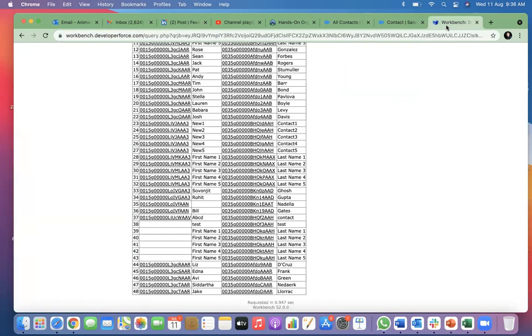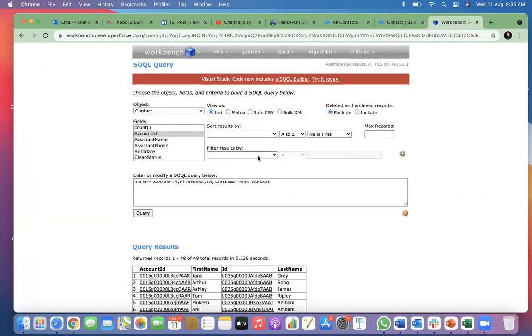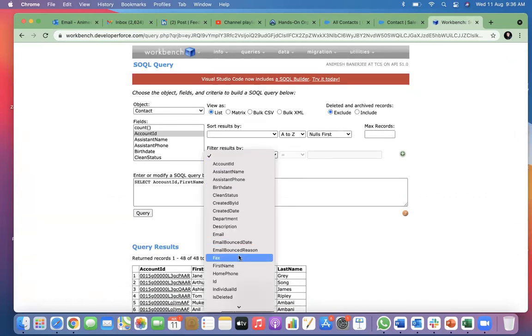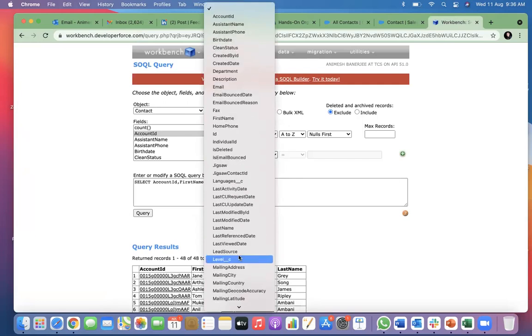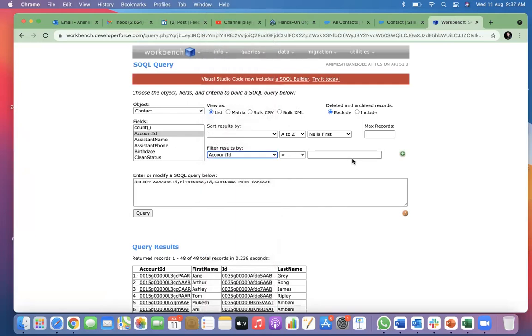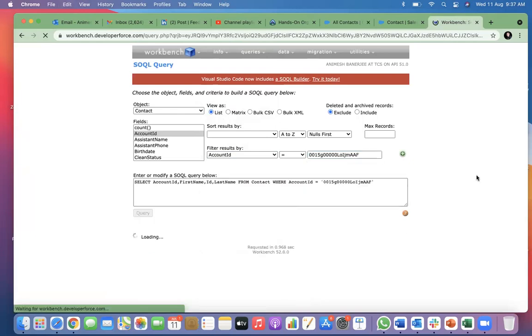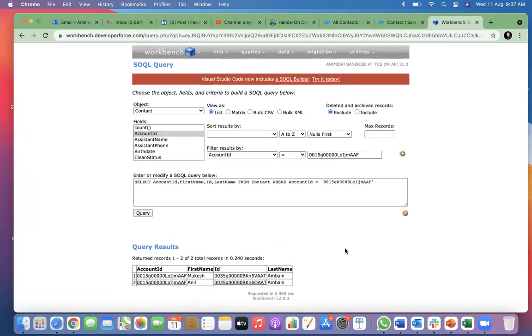Same. So what happens is that if I now filter this with account ID equal to the same ID which I selected last time, now see, Mukesh and Anil, these two. You see, the same account ID is there twice, but the contact ID is different, right?